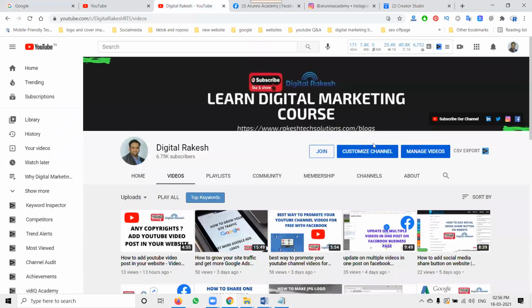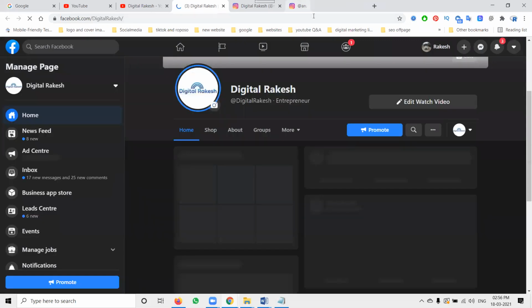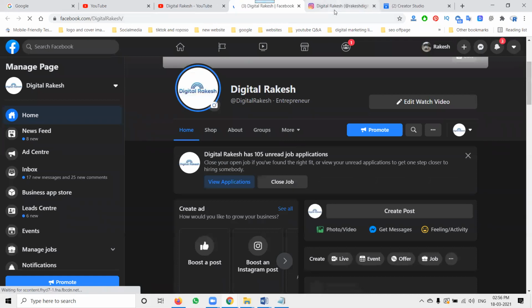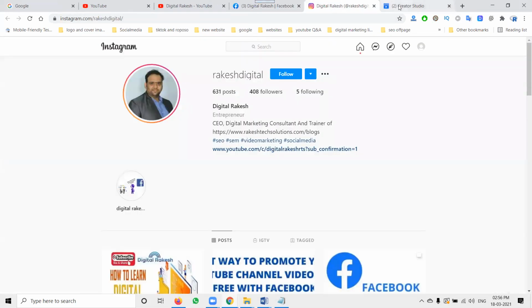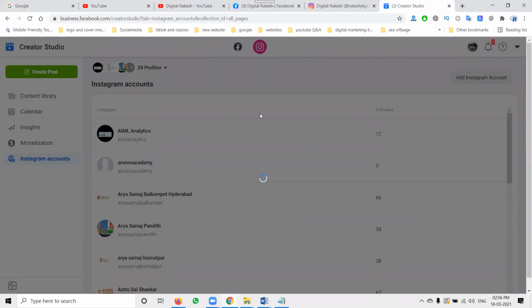Right now I'm taking my Instagram and my Facebook as an example. This is my new account, and I can't post with this account. So for this reason, I'm selecting my account, Digital Rakesh. In the same way, select Instagram post. In the Instagram post option,